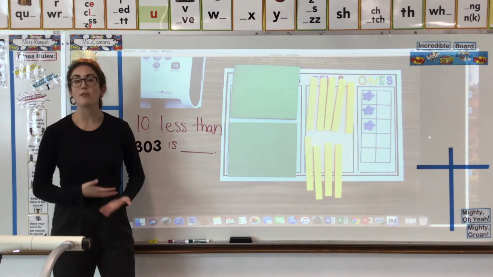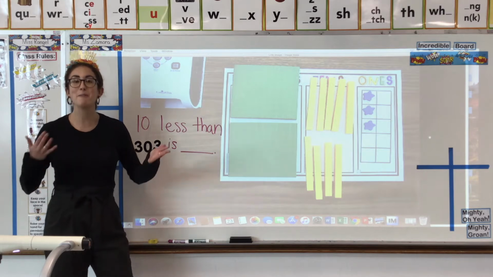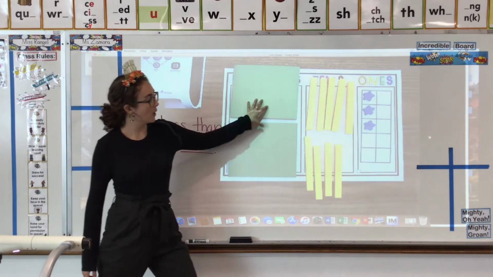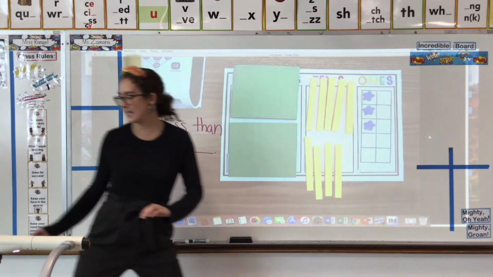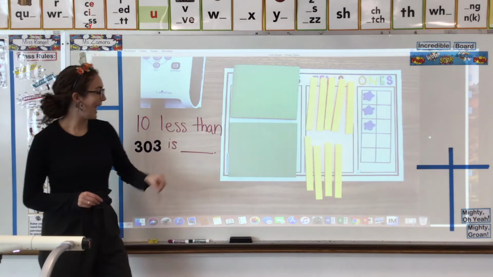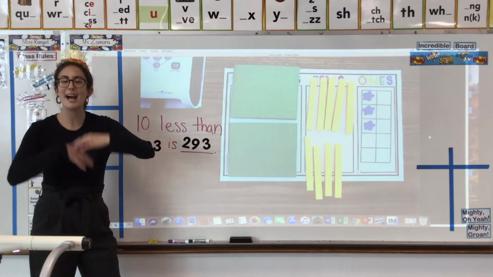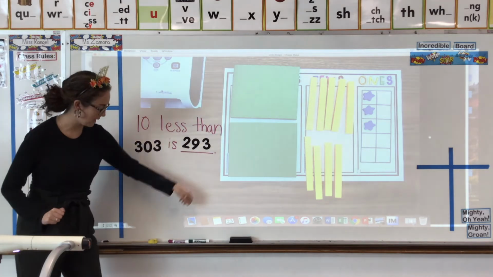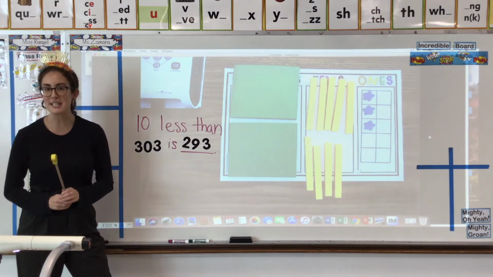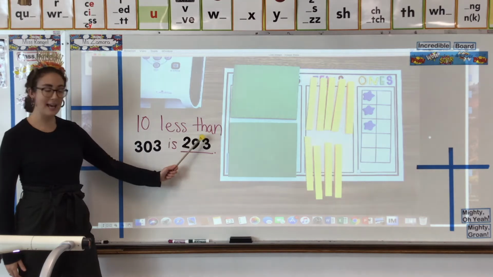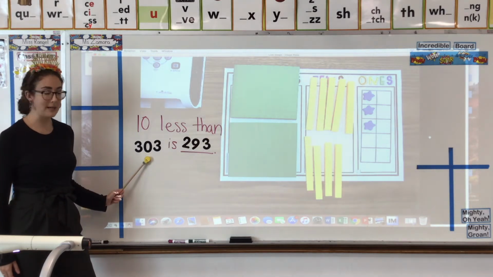So, if we didn't change the ones, what is our final answer? What do we have on the board? This number is 293. 293. Can you read our final sentence for me? It says 10 less than 303 is